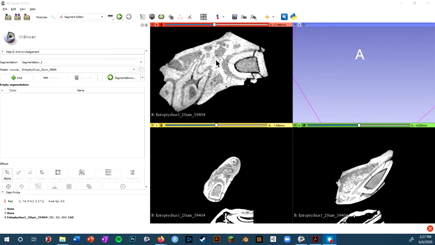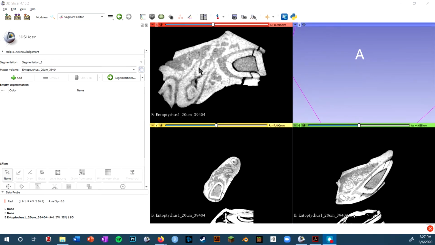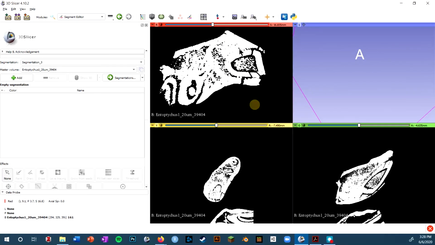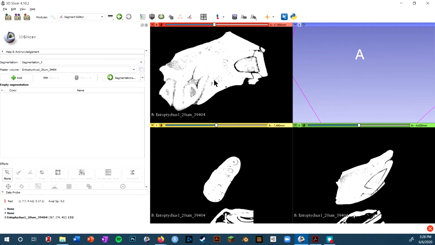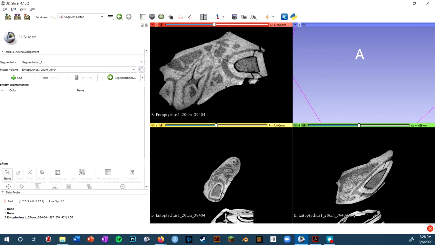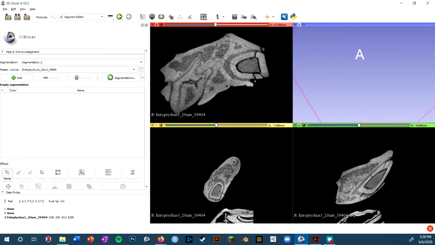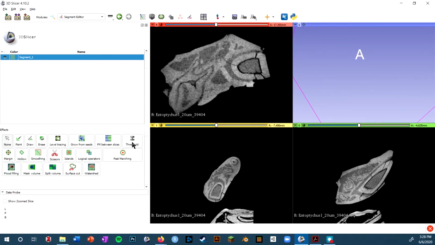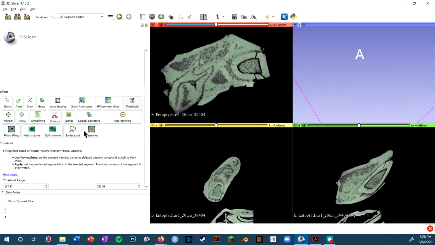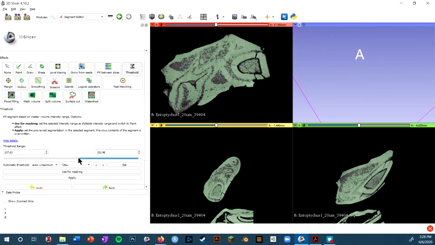Okay, so I've switched over to a different scan to show some other tools. You'll notice that this one is much grainier because there were some issues with scanning it, or the settings weren't set correctly, something like that. And to be quite honest, segmenting something like this is just going to take a lot of time depending on what you want to do. But I'm going to be using it to show one of the easier tools to use, which is called the Islands tool. So first, I need to just apply a segmentation